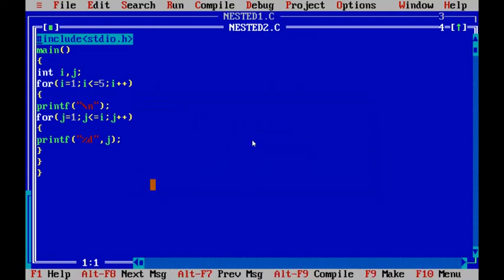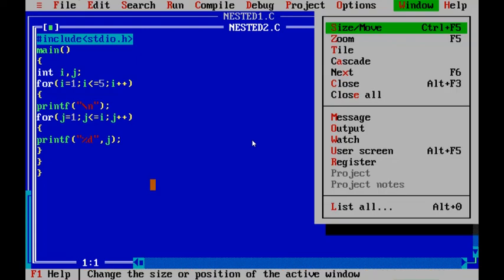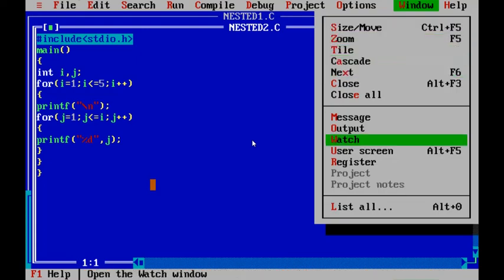Yes, program executed. We will see the output on the user screen. Yes: 1, then 1 2, 1 2 3, 1 2 3 4, 1 2 3 4 5. The inner for loop is executed the first time one time because the i value is 1.